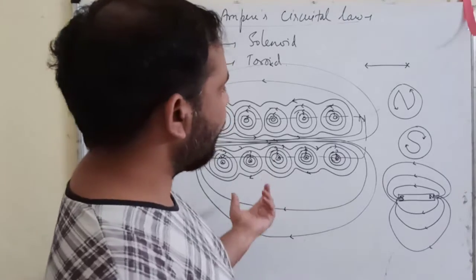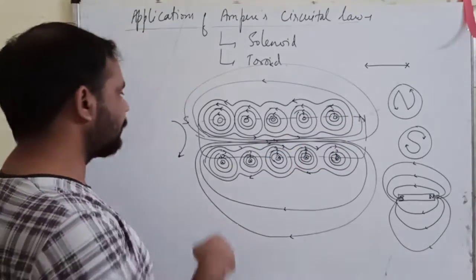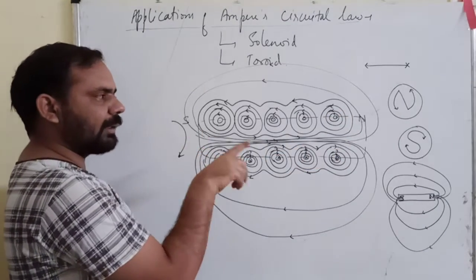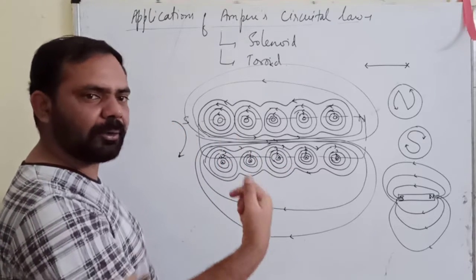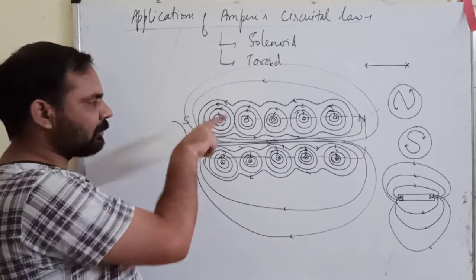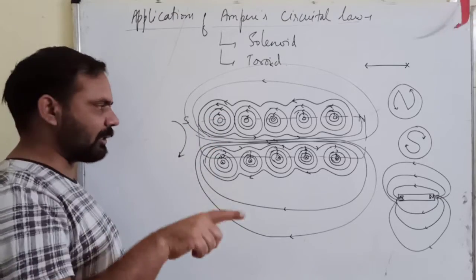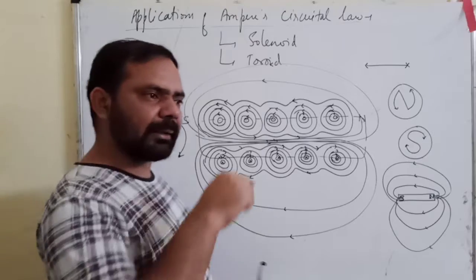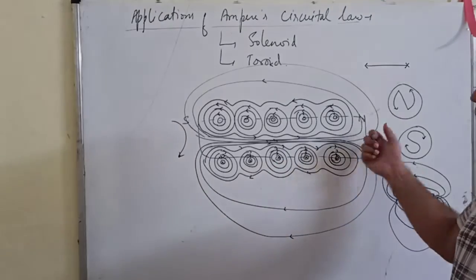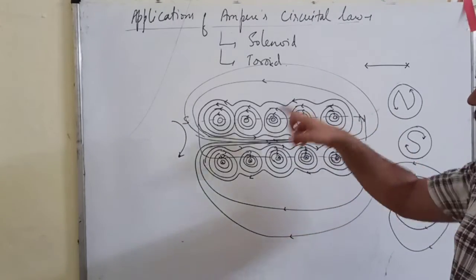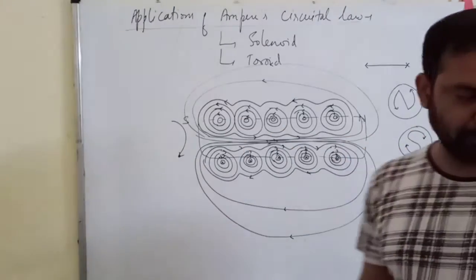Now again I told you how you can find out where will be the north pole and where will be the south pole. So you can simply see that at the end where the current is flowing clockwise, that is south pole, and the end where the current is anti-clockwise is north pole. So current was moving like this. If I look at this from this end, the current is moving clockwise, so this end is south pole. And when I move to the other side and look from here, the current is anti-clockwise. So this is north pole and that end is south pole.